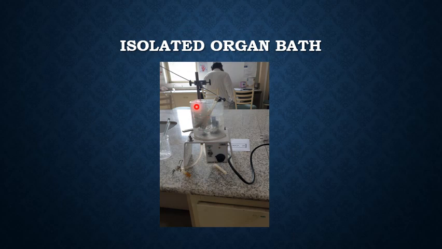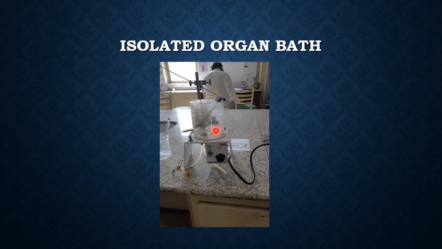It consists of an outer chamber where there is warm water, and an inner chamber. A thermometer is also attached to the equipment so that you know the exact temperature of the water. A solution is also placed in the inner chamber, which is necessary for the nutrition of the intestine. An oxygen cylinder is also attached to the equipment because the intestine is a living tissue, and oxygen is necessary for its survival. The nutrients come from the solution and the oxygen comes from the cylinder.